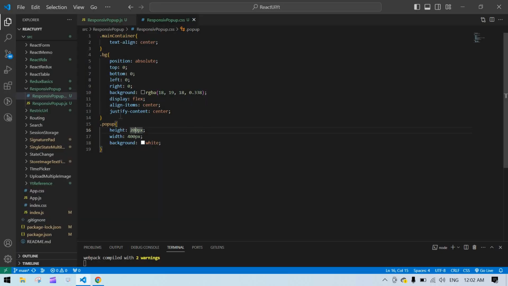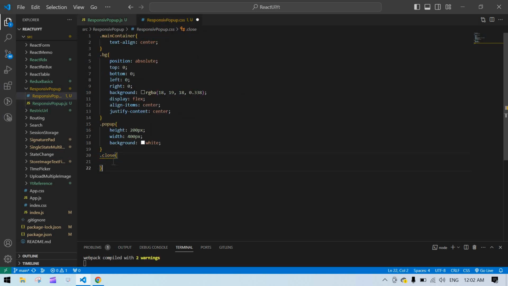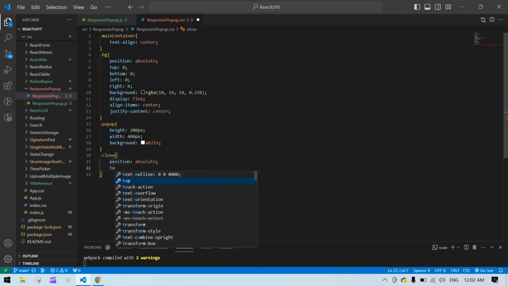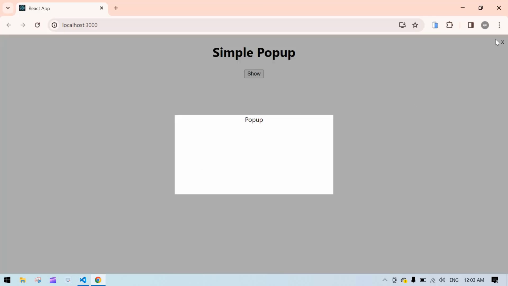And first I'm going to give a style to that close icon. I think it's close, right? Yeah, here close, copy that and save this. Position is absolute, top I just give 5 pixel and right 10 pixel. Save this. Yeah, it's in this corner, but I want this cross icon inside this pop-up,